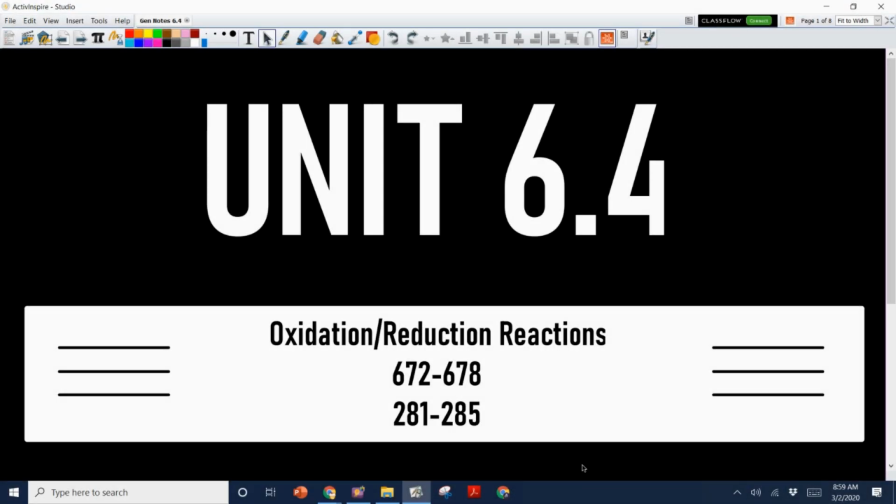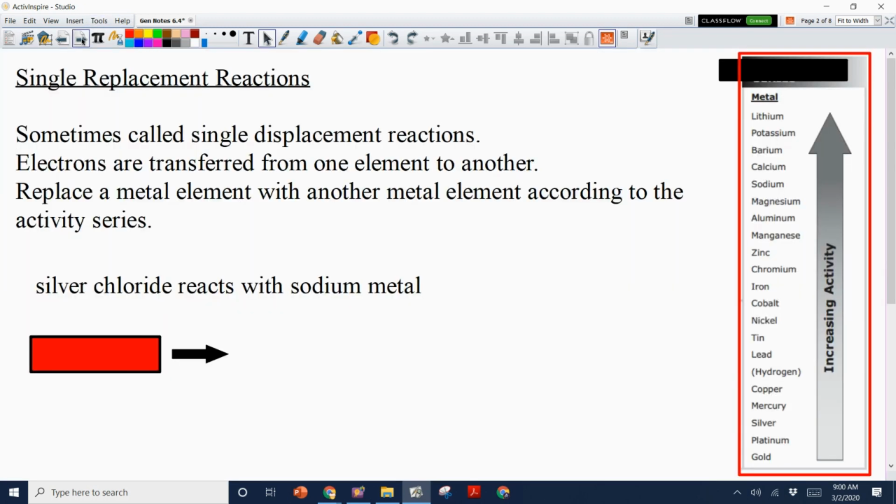All right, welcome back. This is unit 6.4, and this is oxidation reduction reactions. In your reading, this is going to be pages 672 to 678, and in your workbook, that's going to be 281 through 285. All right, so these equations that we're going to talk about now are called redox equations, and that's short for